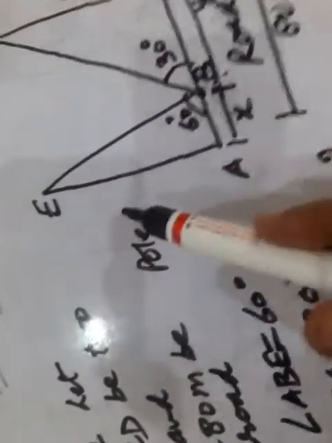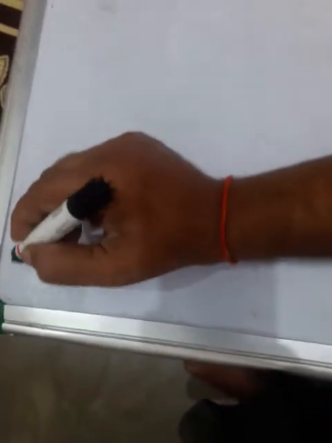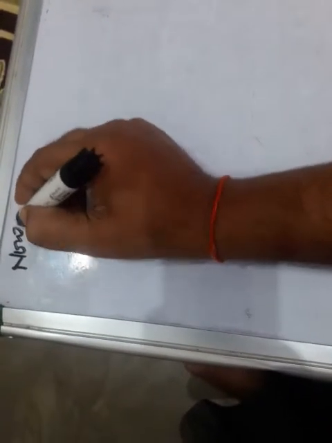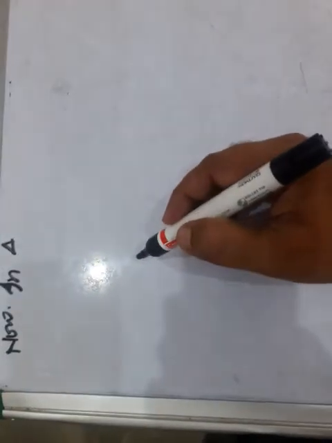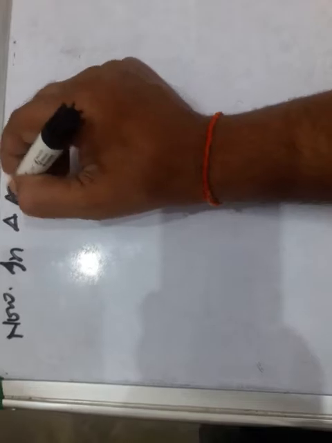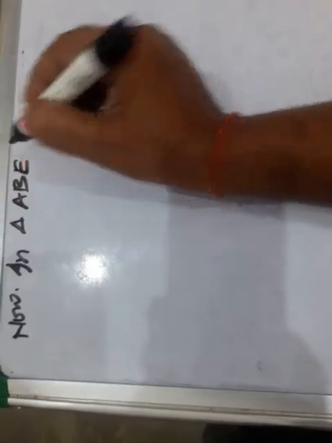See the figure, children. In triangle ABC, this is 90 degrees, this is 90 degrees, and this is 90 degrees. Okay children, now in triangle ABE, where is ABE? In triangle ABE,